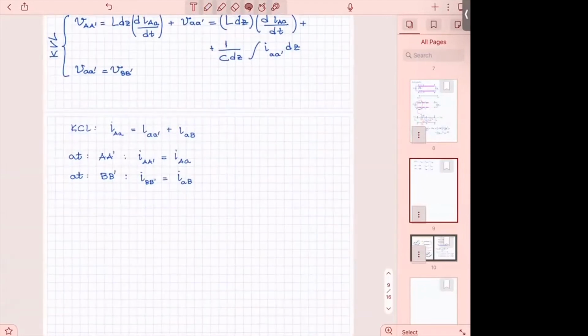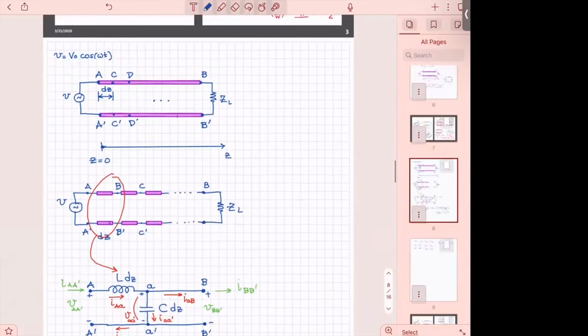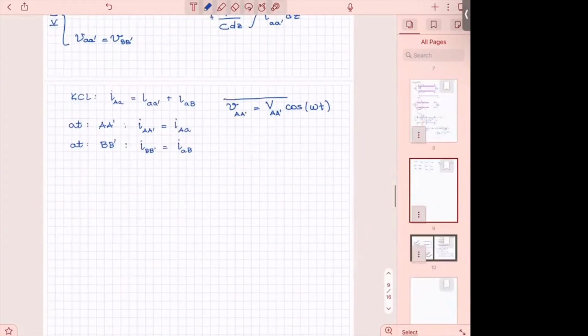And therefore, we will say here, we know the following, where V_A prime equals V naught cosine, or maybe let me write it the following, V_A prime cosine omega t. All right, so I will do the same here to be consistent. Since this is a harmonic excitation,